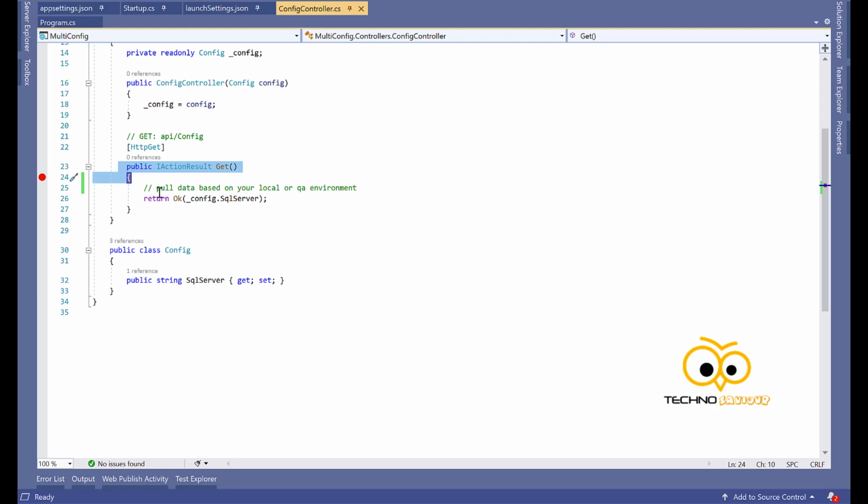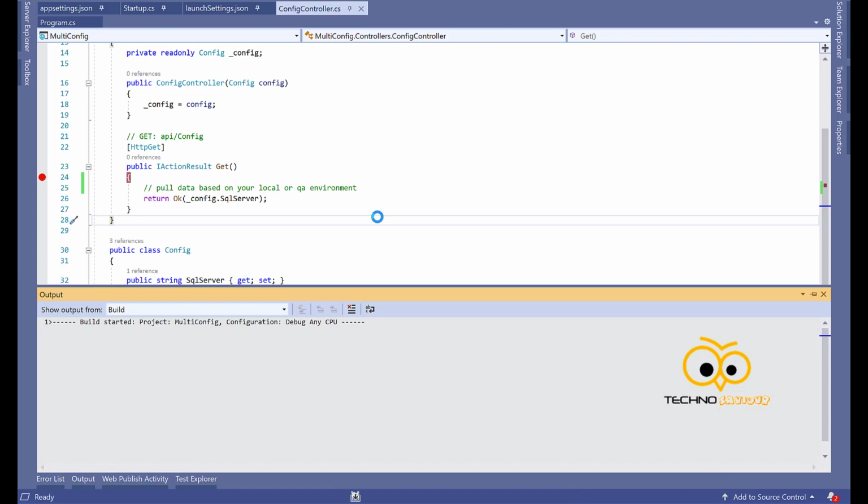Note, in the actual system there might be a lot of other operations that you will be doing based on the connection string. Based on the connection, you might be pulling a list of configurations, for example a mailing list or some organization details or something else. It might be a dev machine, it might be a QA machine, so the response will vary. So the objective is to show how we can manipulate app settings based on our environments. If I start this application, let's see what it returns.